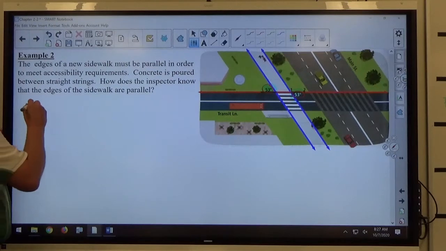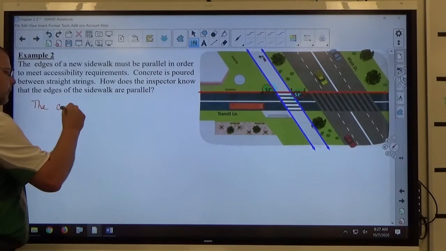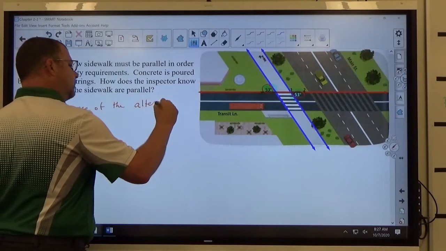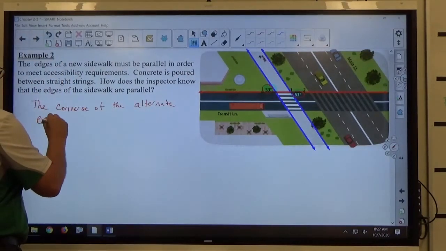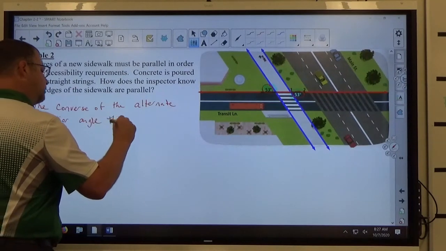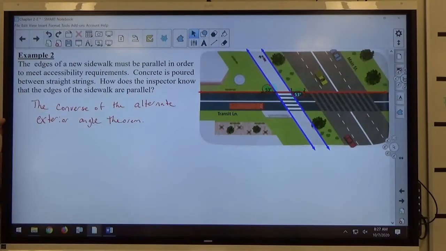The answer is the converse of the alternate exterior angle theorem. Again, anytime you want to say something's parallel, it's got to be because of a converse of a theorem. Either converse of alternate exterior, converse of alternate interior, converse of corresponding, or converse of same side interior. One of those four. If the conclusion is the lines are parallel, which is what we're trying to conclude here,